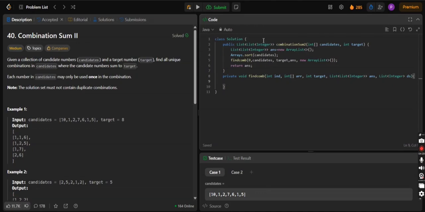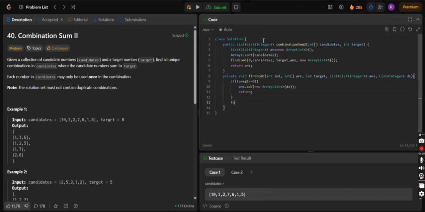Now let's move inside the function. We will have the base condition where we check if target equals 0. If yes, then we add ds, the combination, to the answer through the add function, and then we return to the place where it was called. It will be a base recursive call.